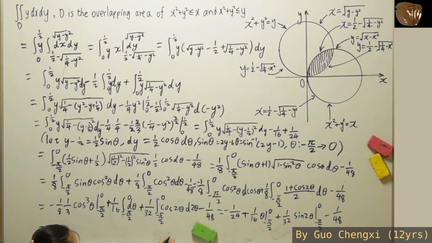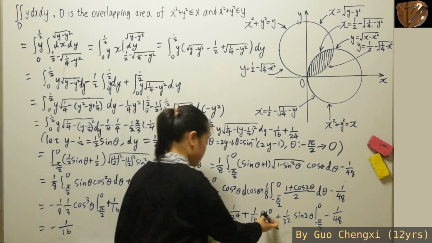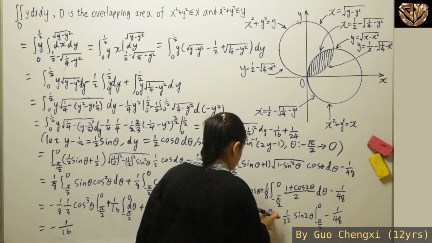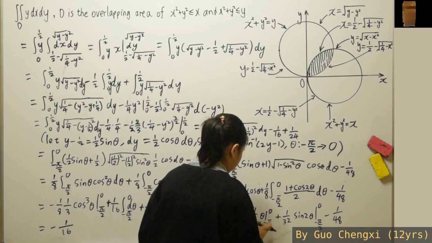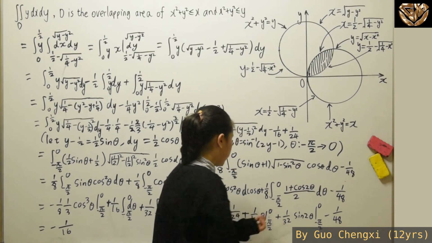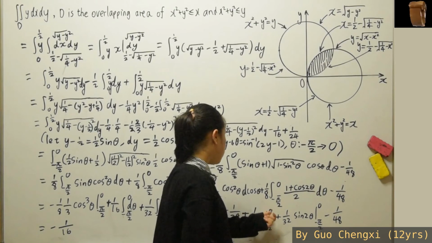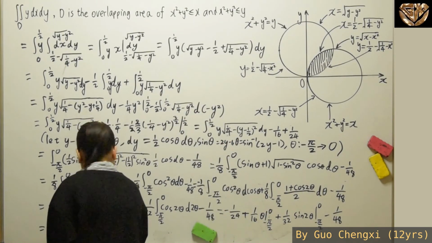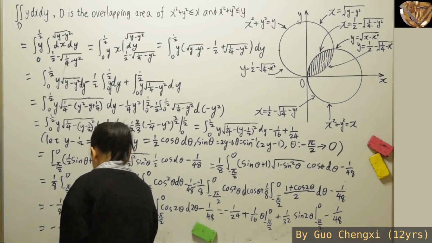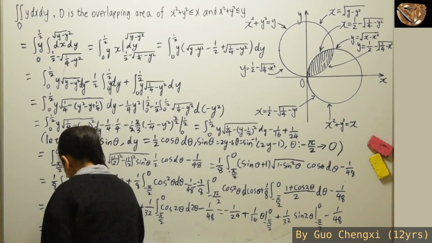So when you add these two together, it becomes 3 over 48, which ends up with 1 over 16. So negative 1 over 16, you substitute 0 inside, you're going to get 0, so ignore it. Then when you substitute negative pi over 2 inside, the negative is going to cancel out with the negative from the boundaries. So here you're going to end up with the plus pi over 32,